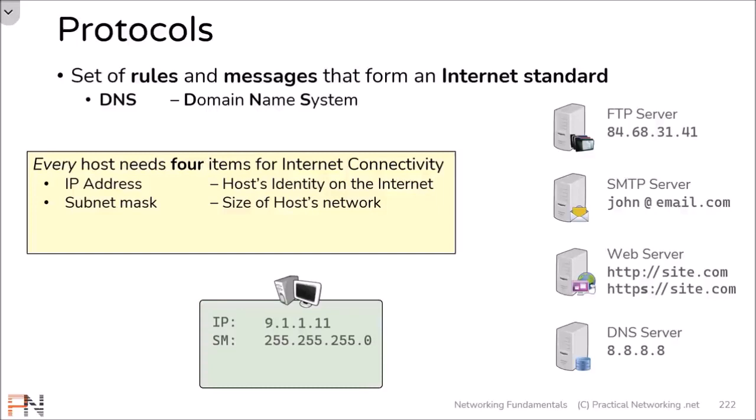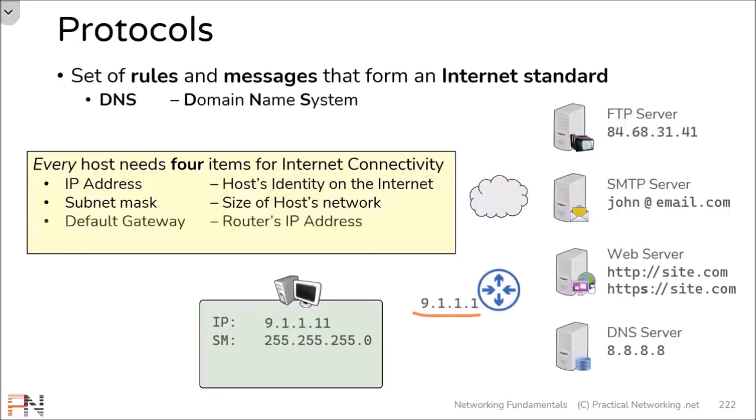Either way, if all a host has is these 2 things, an IP address and a subnet mask, this will absolutely allow this host to speak to any other hosts on the same local network. But if this host needs to speak to something on a foreign network, for instance, the internet, that host is going to need a router. And specifically, that host is going to need the router's IP address configured as that host's default gateway. With these 3 elements configured, this host can now speak through the router to the internet to any server